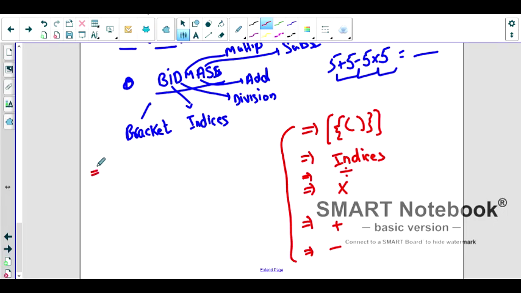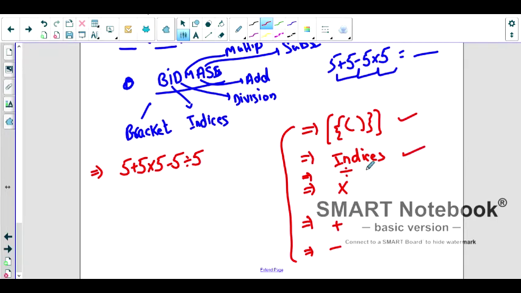Like for example, this question we want to solve. We have 5 plus 5 times 5 minus 5 divided by 5. If we have a question like this, what do we follow? There is no bracket, so the bracket step is done. There is no indices,